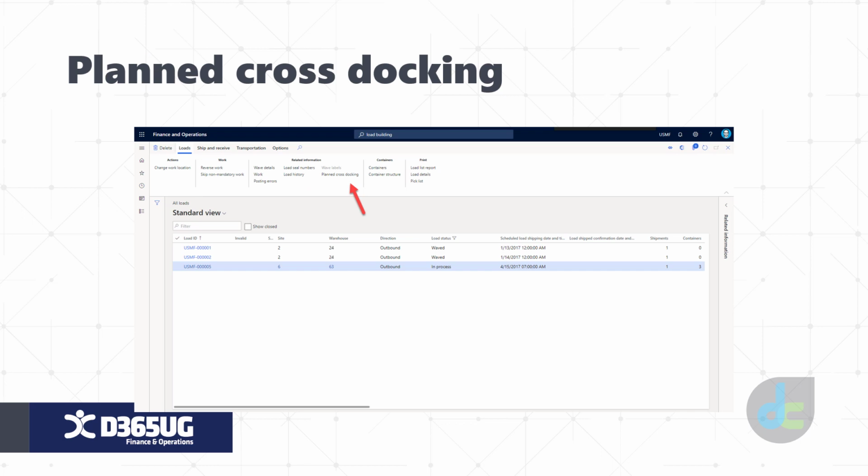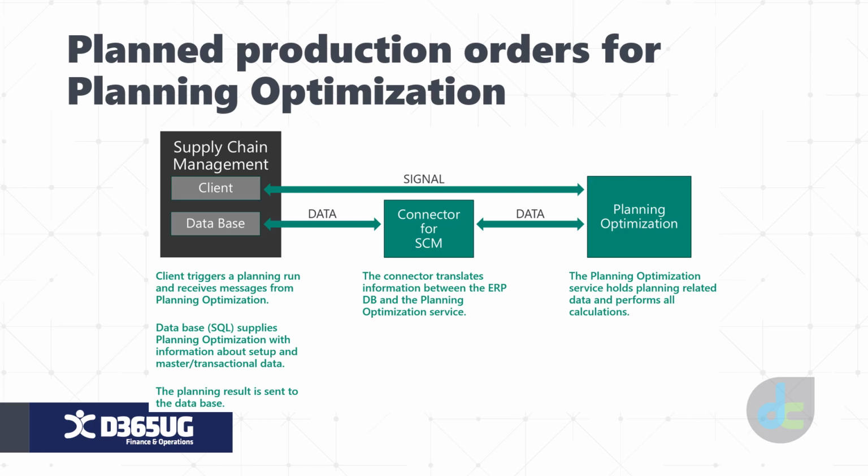Next, we have planned cross-docking. This introduces advanced planned cross-docking where all the inbound inventory required to satisfy an existing order can be moved directly to its outbound location or staging area without being put away first. The remaining inventory from the inbound source is then directed to be put to the correct storage location using the regular put away process. This allows users to skip inbound put away or outbound picking of inventory that is already marked for inclusion on an outbound order. And again, this one is also in public preview.